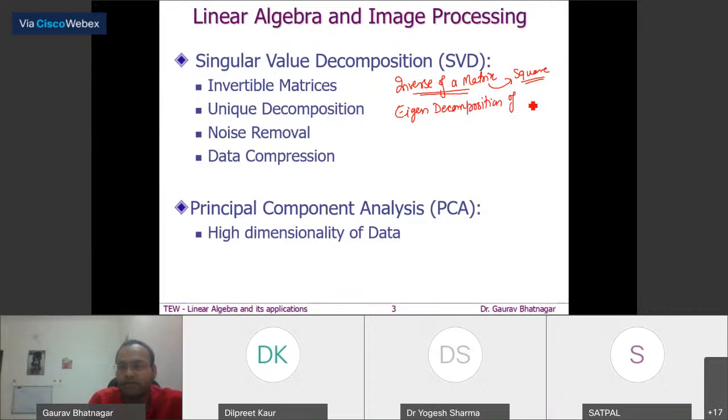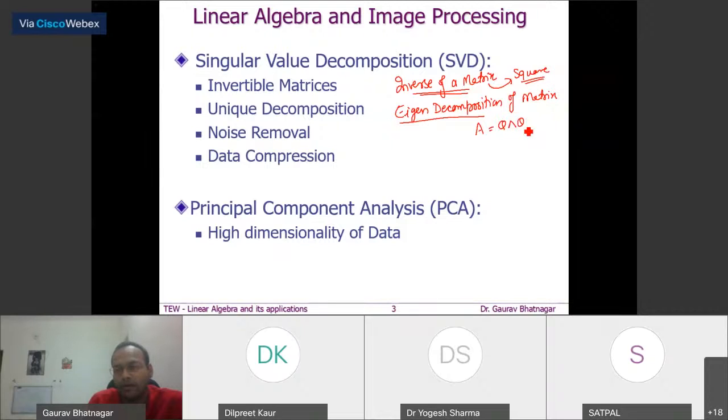Of any matrix. So eigen decomposition, I'm meaning the spectral decomposition of a matrix. There are different names for this term: some books say eigen decomposition, some books say spectral decomposition. But the underlying idea is, if you are able to identify the eigenvalues and eigenvectors of a matrix, then you can always write a particular matrix as, let's say,